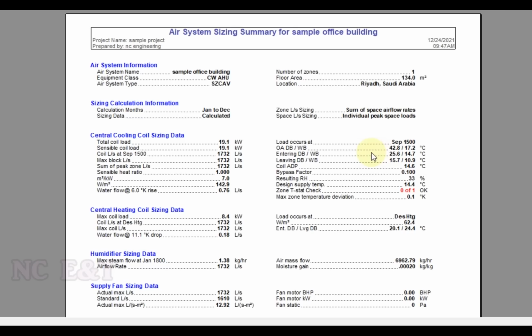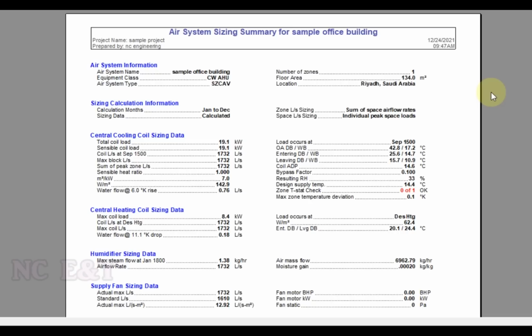So in this way you can make the heat load calculation for any project using HAP software. Before that, you need to put in all values: design condition, the space for which you are going to make the calculation, and the purpose of the space, whether you are going to use it for office, for residential or for commercial purpose.